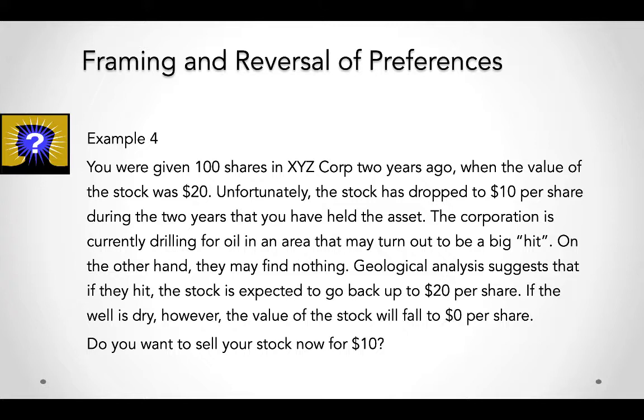Well, I don't know about you, but it all depends on your reference point. If your reference point is zero, then $10 obviously looks like a sure gain and you will sell. If your reference point is $20, then you're faced with a loss of $10 per share, and you're probably going to gamble it out and wait to see what happens. Maybe it's going to go back to $20. What you should do is, well, any kind of investment manager will tell you, sell the losers and keep the winners, right? But again, it really depends on your own risk preference.